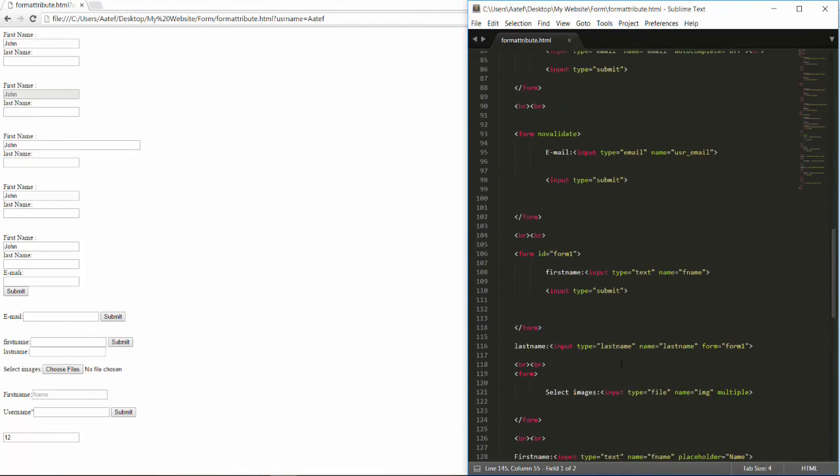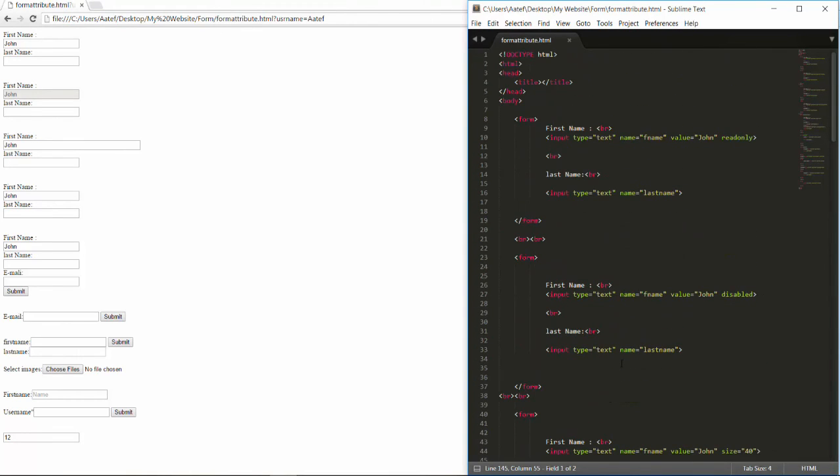Fantastic. Please practice on attributes and create a form for yourself. If you have any questions,